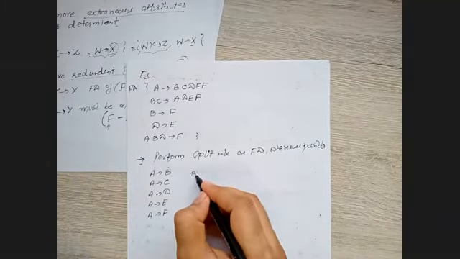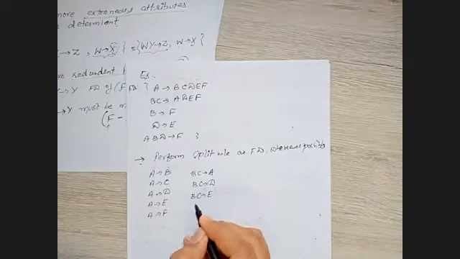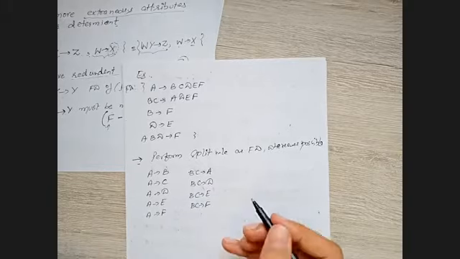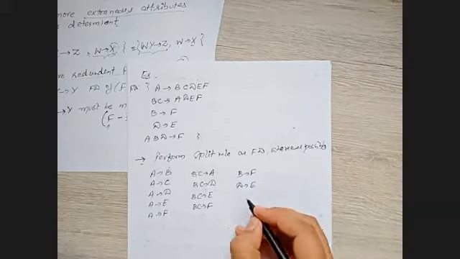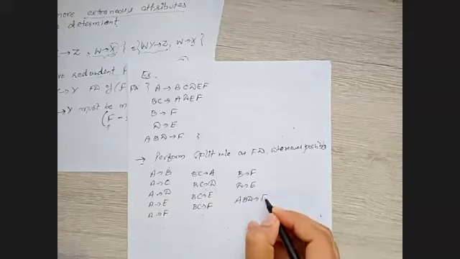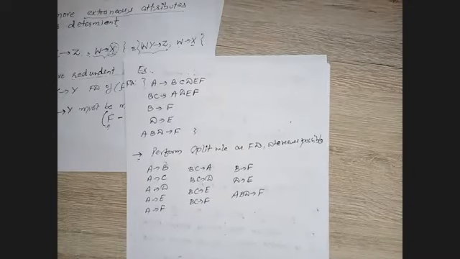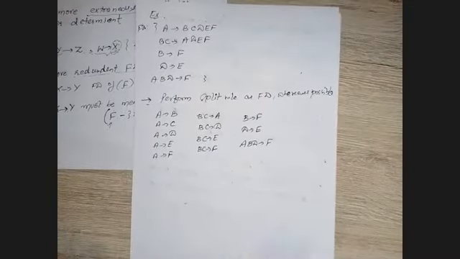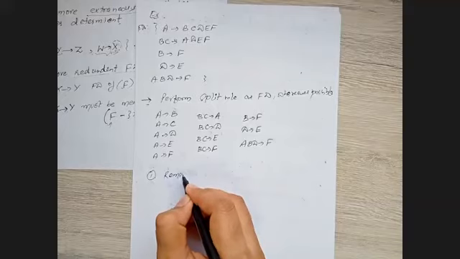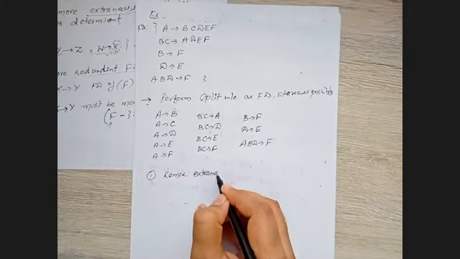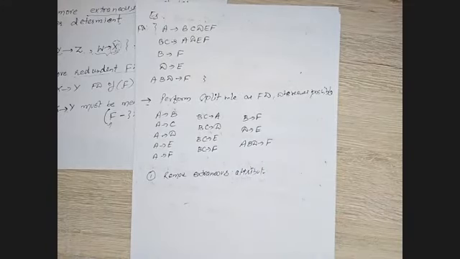This is now BC gives A, perform over this part also, right? And we have B determines F, D determines E as it is. F. Right? So we have done. Now what we do? Perform the first procedure. That's the very basic procedure. What? Remove the extraneous element, extraneous attribute. Right? So how will we remove the extraneous attribute?